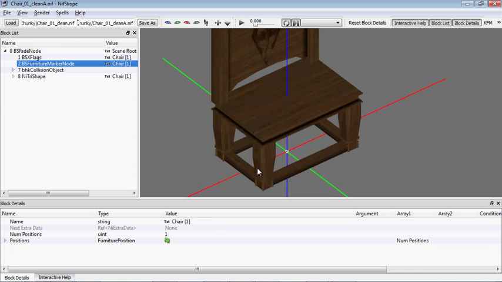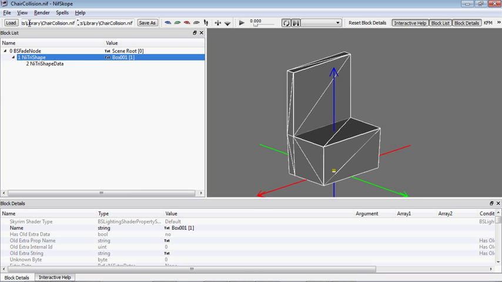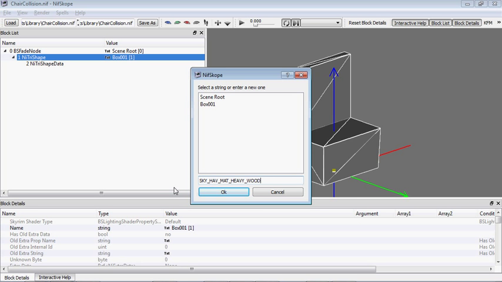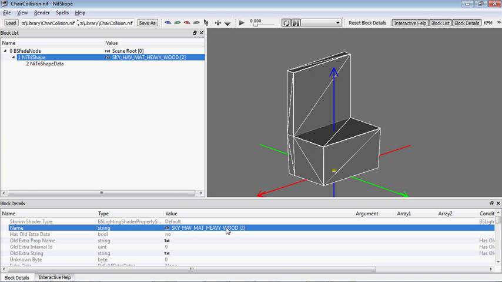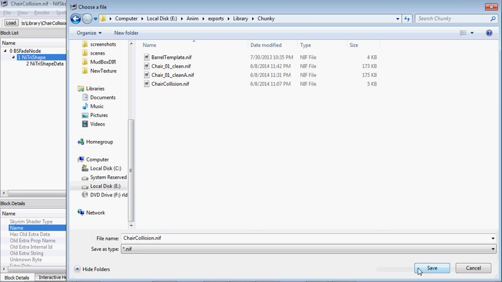We'll go back into NifSkope in the collision, and let's come down here to the tri-shape block and left click where it says text, right next to the actual name that we named it in 3ds Max, and we'll just Control V, SKY_HAV_MAT_HEAVY_WOOD. That way it'll be able to assign what material goes on to this specific collision object. So now that we have that, we will save it